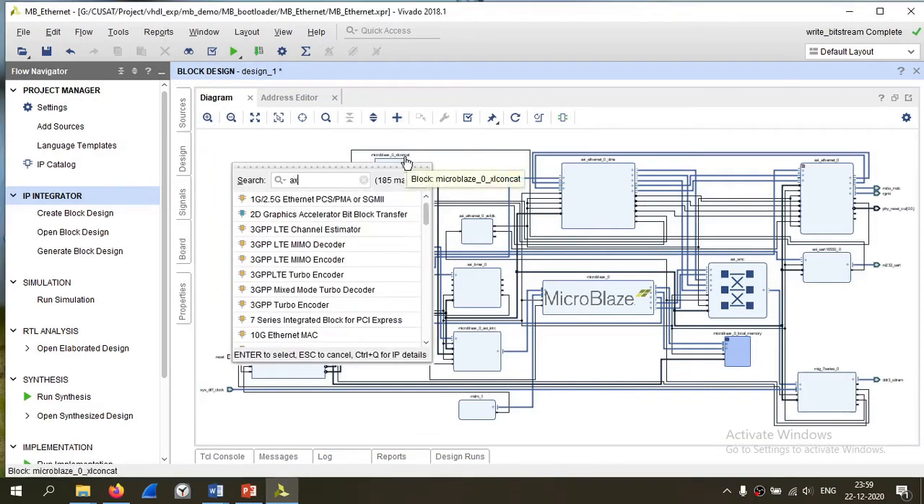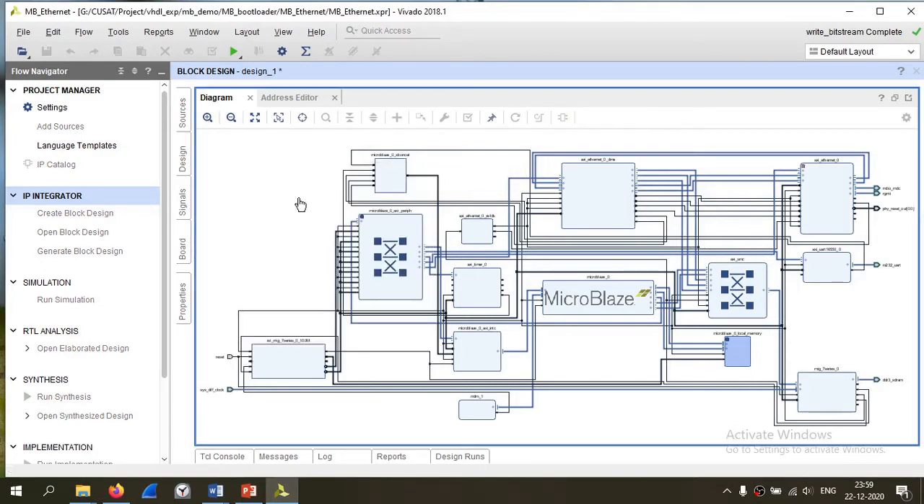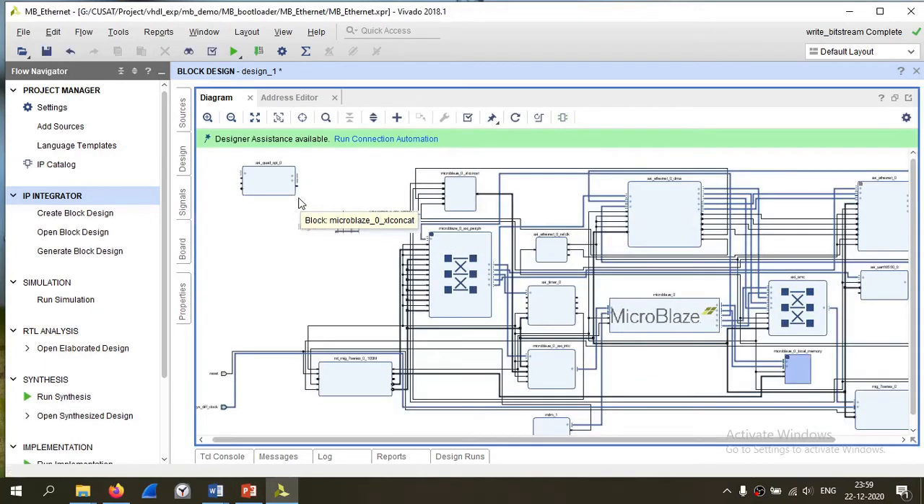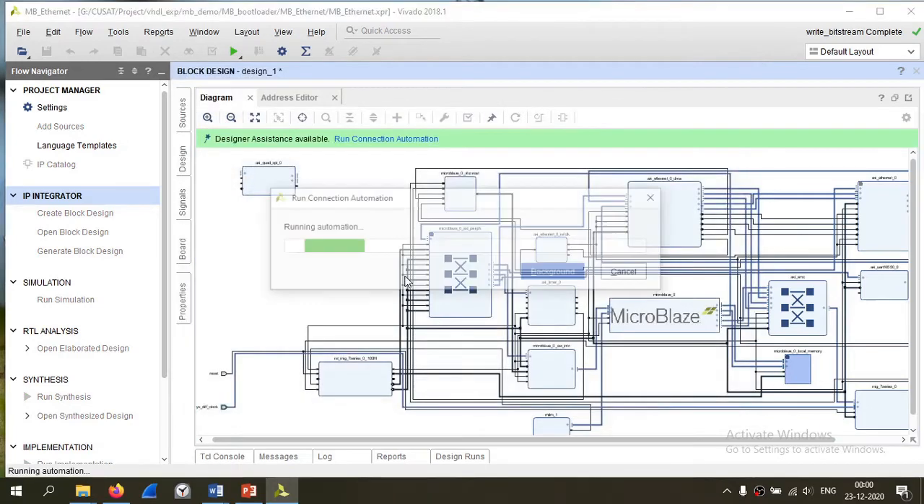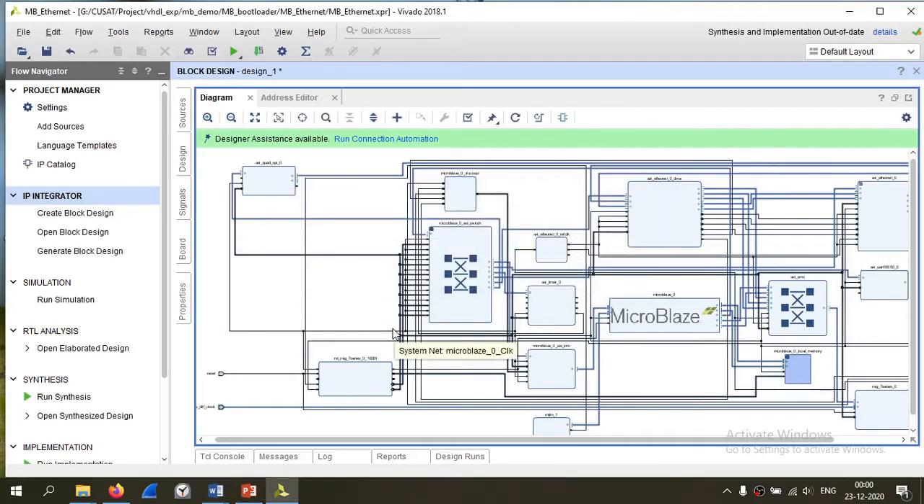Just search for the AXI quad SPI. This is the IP which you need to add. You can do the connection automation to route the SPI lines and the AXI lines. So the connection automation is done. If you need to configure this IP, just double click on this IP